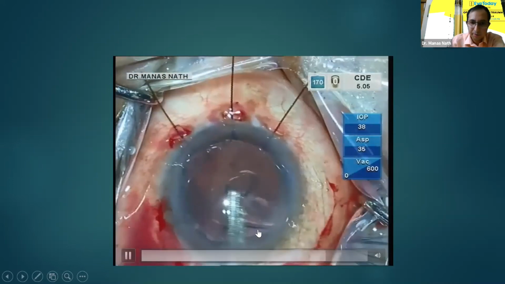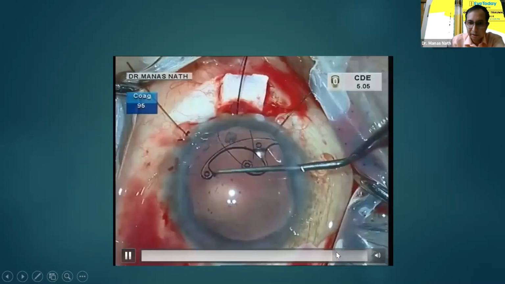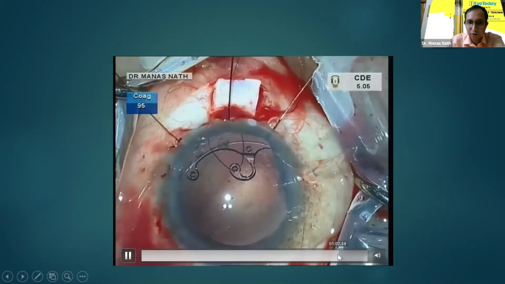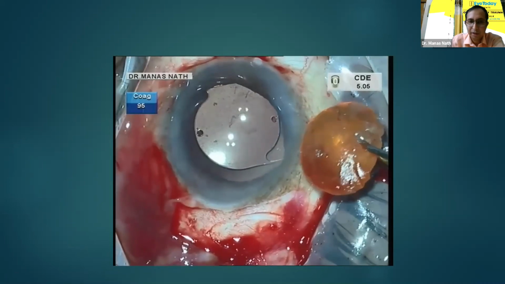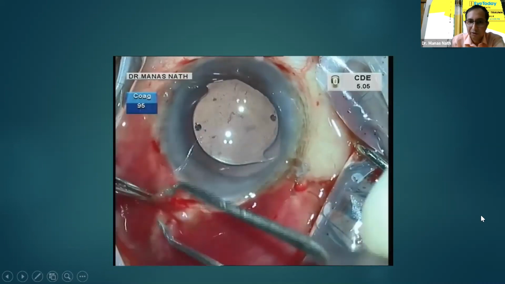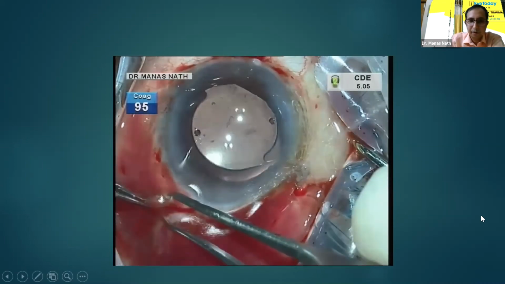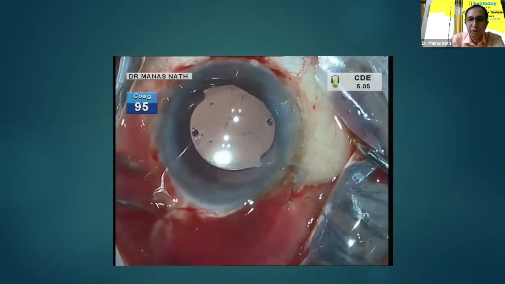Once the cortex is removed, I have to place a CTS here for suturing the bag to the sclera because of profound zonular weakness, and the single piece lens is placed in the capsular bag, which is well centered. I must say that in this case there were no vitreous disturbances throughout the surgery.